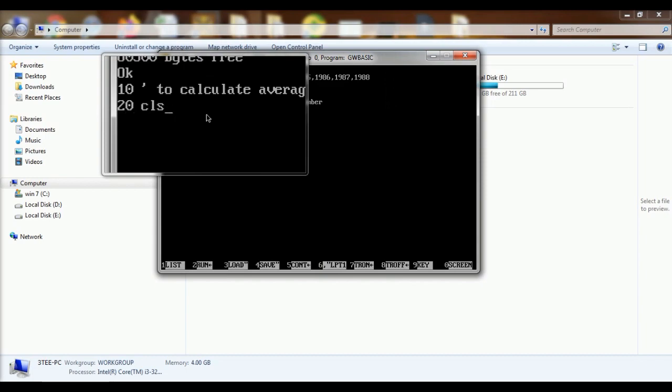First we clear our screen. GW Basic is case sensitive, so we have to write each and every statement in capital letters. 30, next line. First we take the input from the user. Input means we are going to take input first number, second number from the user. So now we are taking input, enter first number,